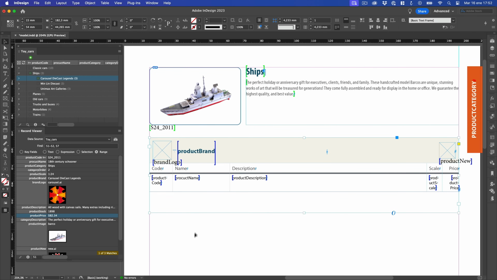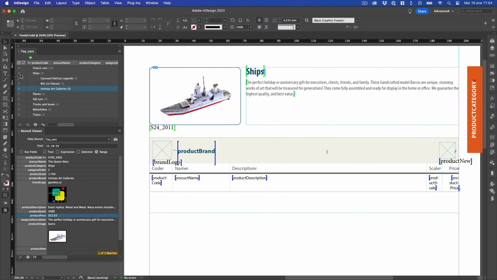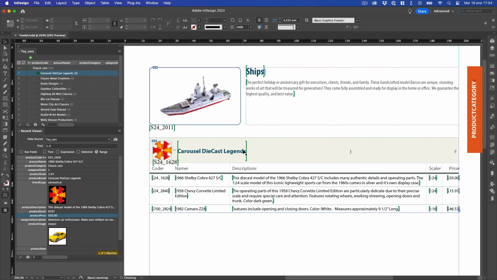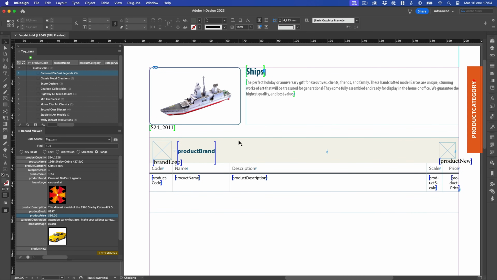Now, let's test our formatting rule by dragging a brand group from the data panel. Boom! It works! As you can see, this brand has 3 product codes, so EasyCatalog has automatically created 3 rows. And since this brand is not a novelty, it has left the picture frame empty. Now I'm going to press Command-Z, Control-Z in Windows to return to the initial state and drag the second group,